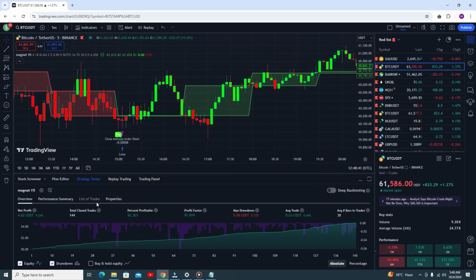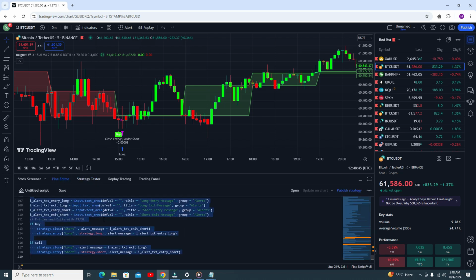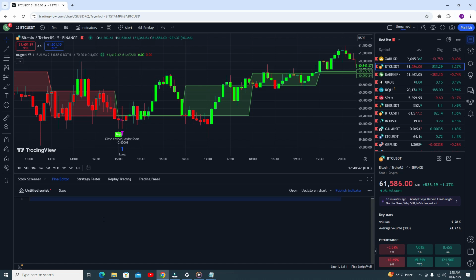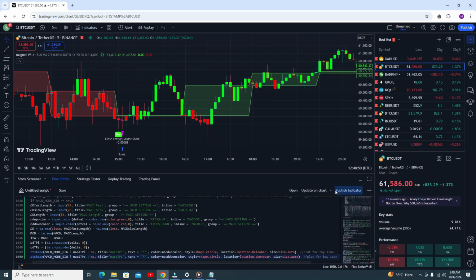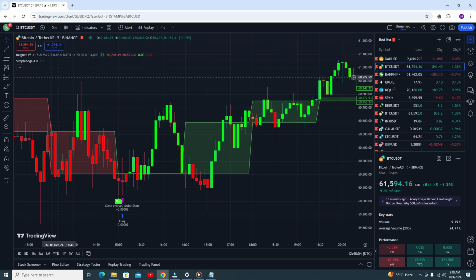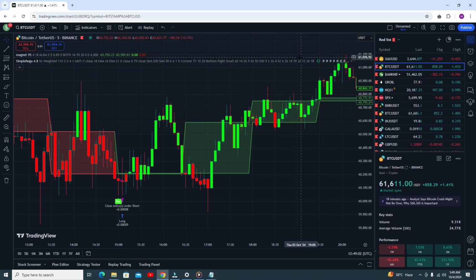Go again to the Pine editor. Okay, Pine editor, Control A, remove all the code, paste my code, and click on add to chart. After clicking on add to chart, the indicator will look different, but we need to change some settings in the SIMPLEHOGA 4.8 indicator. Okay, go to the indicator settings,